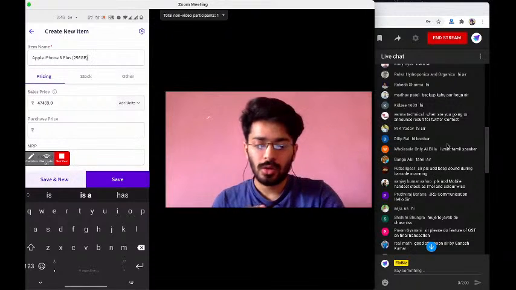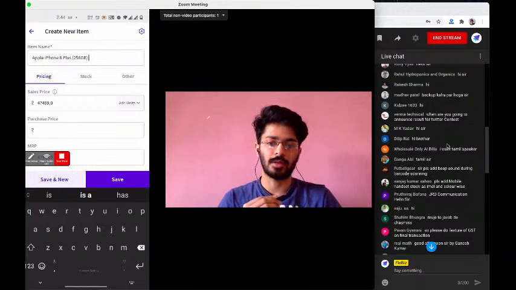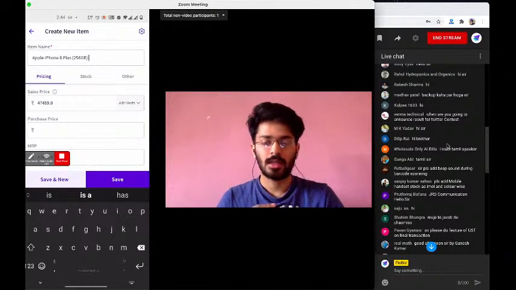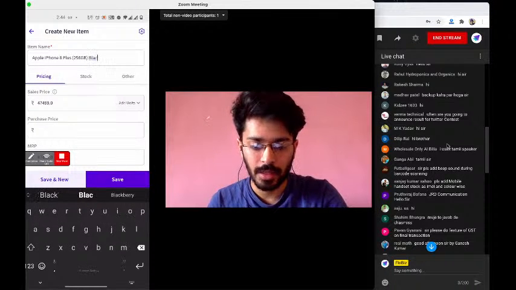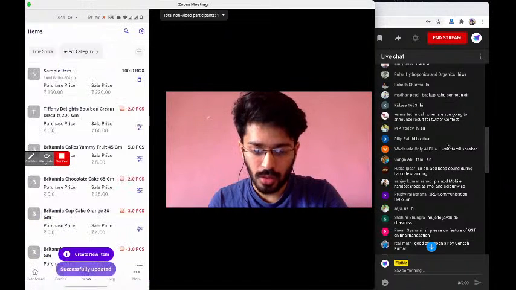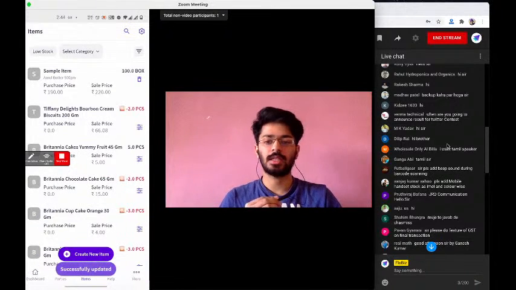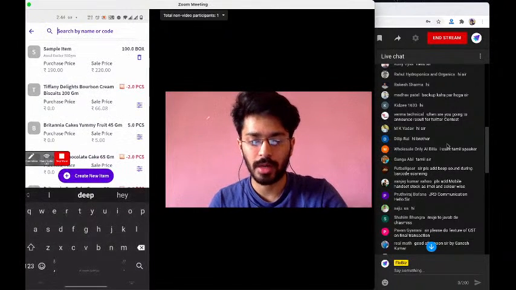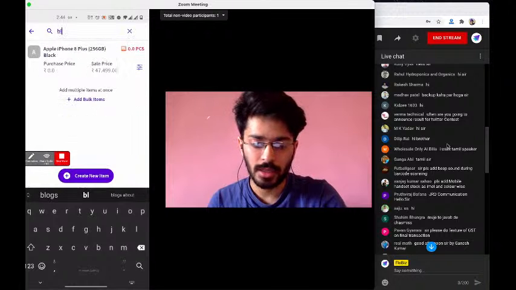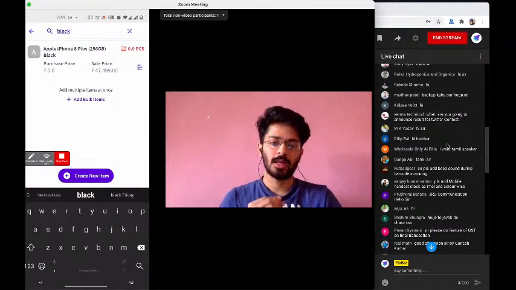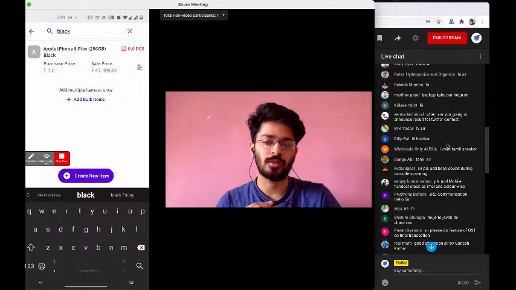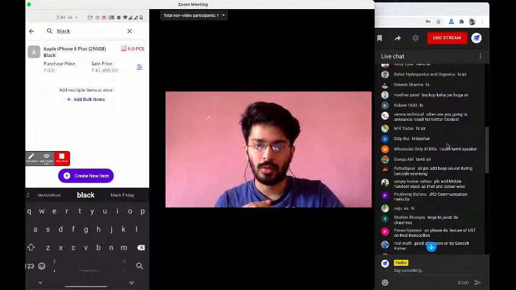So what I'd recommend you to do is if you want to keep track of the variant or the color of that particular model, you can just write it here itself, black, and save it. So what this enables you to do is, let's say you have a customer who says he wants to buy a black iPhone. You can just directly search for black, and you will find all of the devices that you have in black. So this way you can keep track of any particular commodity like an iPhone, but also a separate